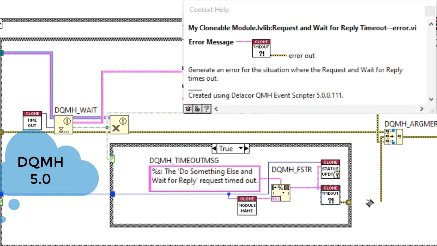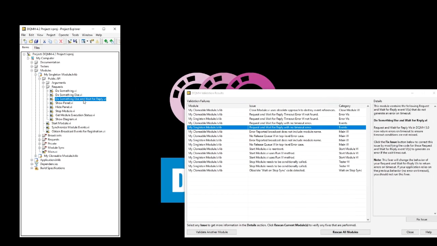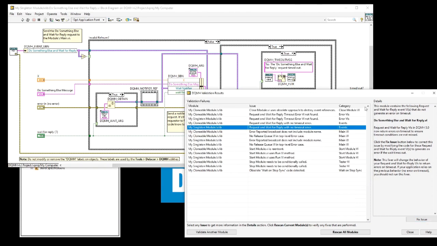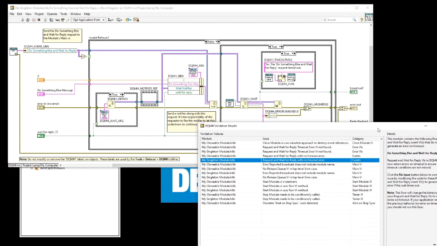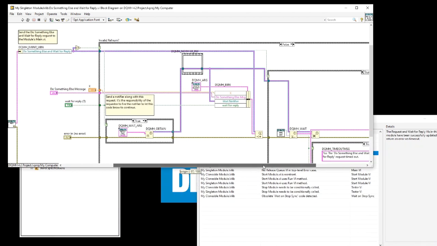And that's the VI that we generate to add an error to our merge errors. Same thing for the singleton. As soon as I press the fix issue, we're going to see the DQMH scripting magic, and all we did is, and we didn't do some cleanup in here, but just showing the same thing